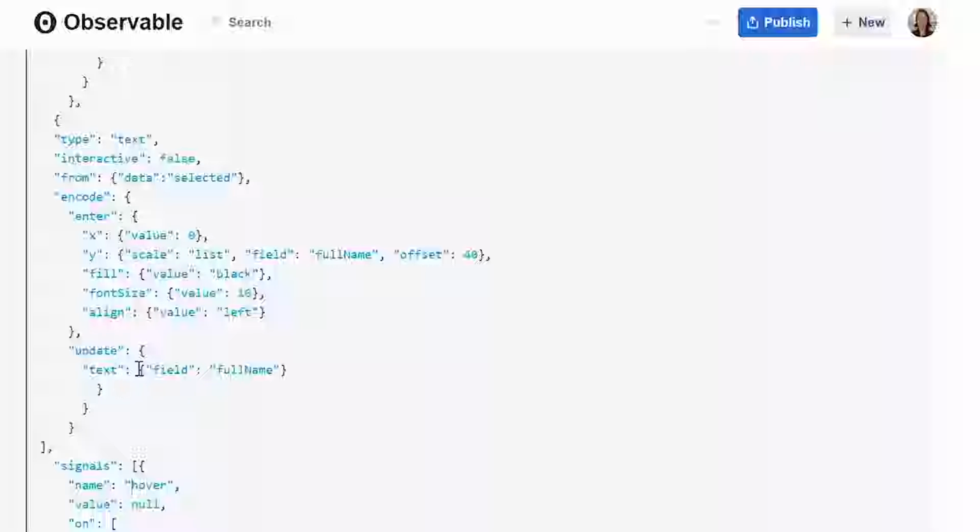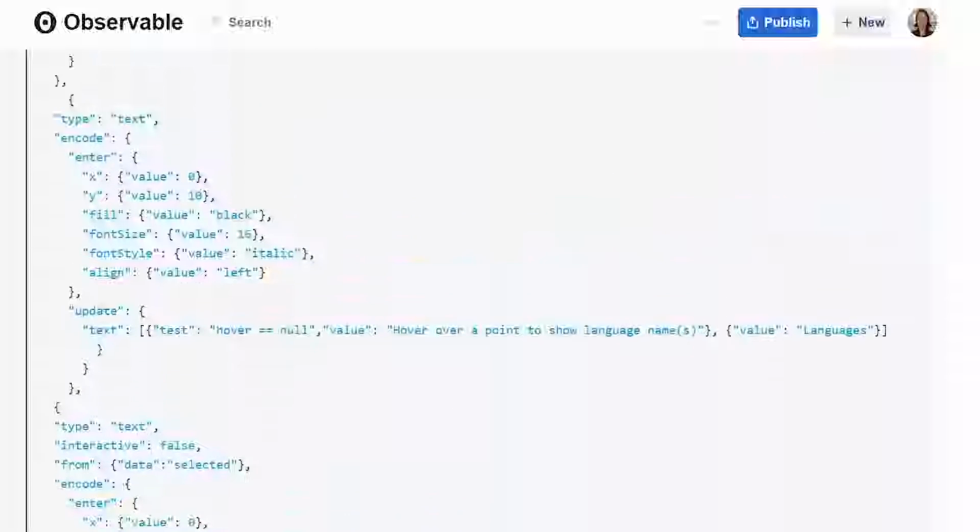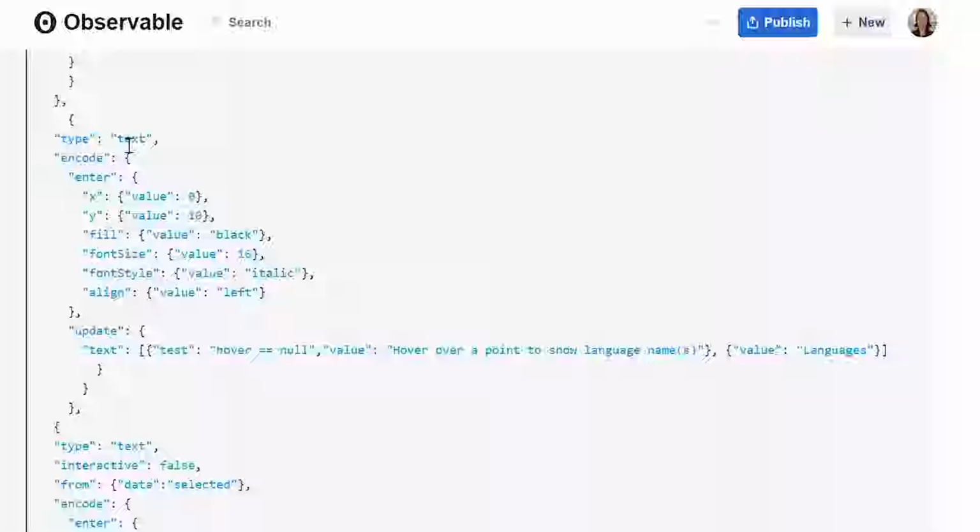Then on the update property, we actually assign that text, the full name, to the text mark, so we know what text to write. And then just above that, we have another text mark in the Vega specification,